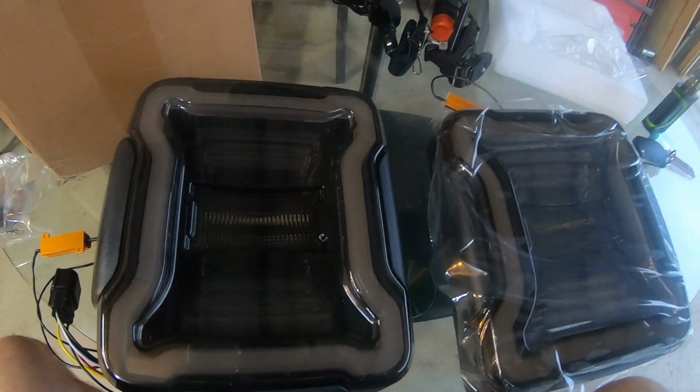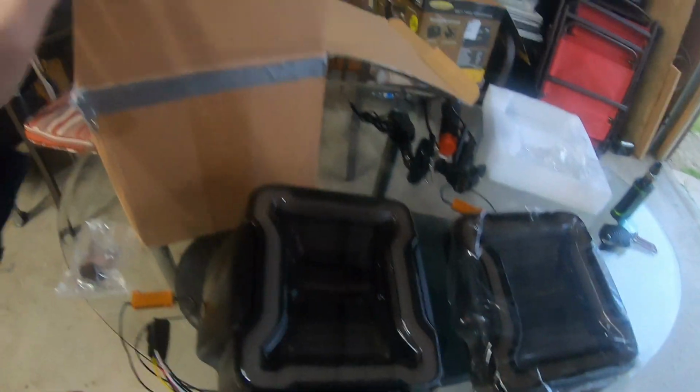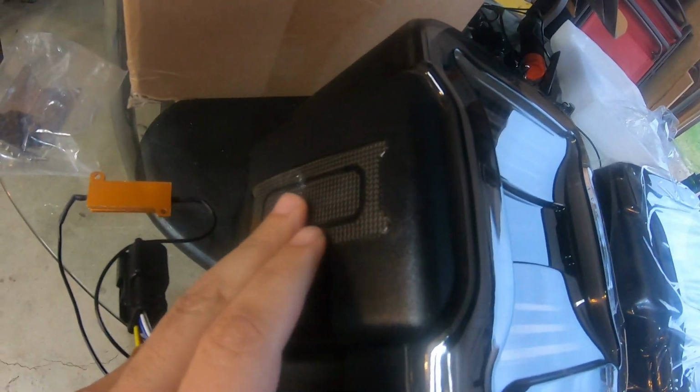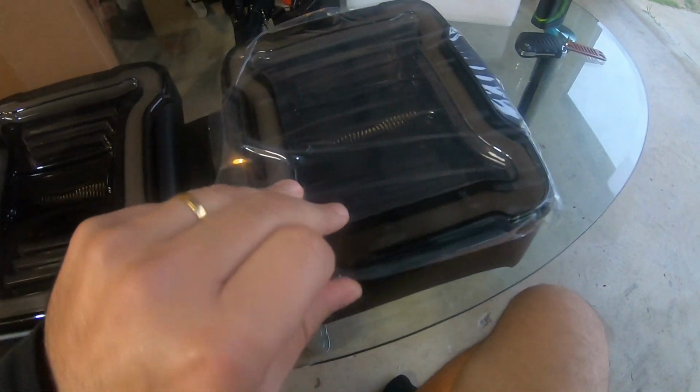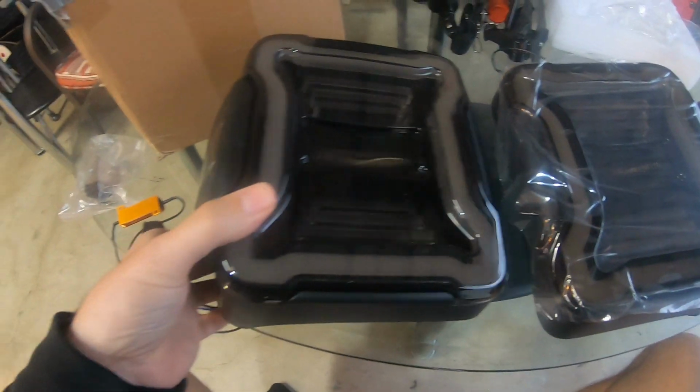All right, here we go. So, coming in this box, taillights, they look really good. I like this side marker. Looks like carbon fiber. It's a glass. Looks pretty good. The front, really clean, guys. Look at this. Details are pretty amazing. This one I haven't unwrapped it yet. And then back here,